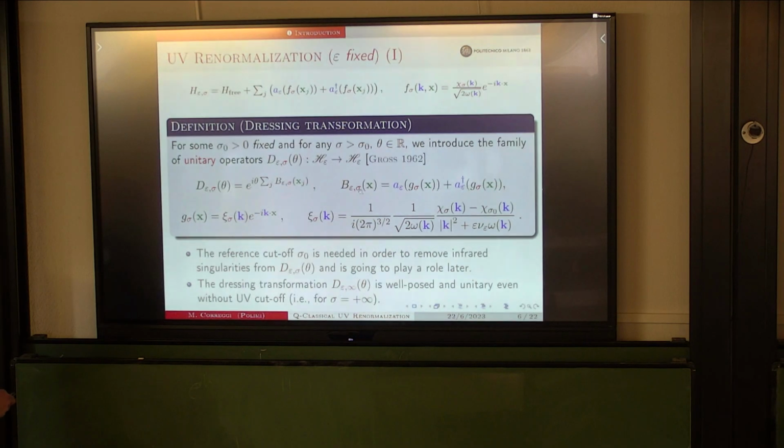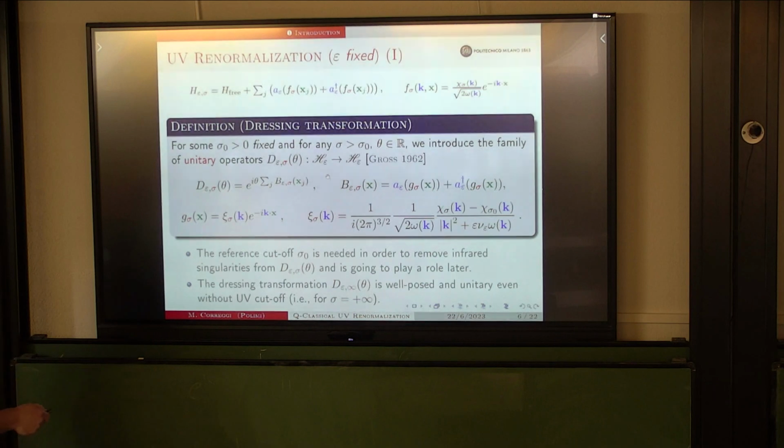So the generator is the field operator, but now the function g sigma, which appears there, is not the same as before. Before it used to be f, as you see. This g sigma has more or less the same form. You have the Fourier factor, and then you have some function of k alone. But that function is much better behaved for large k, because on top of the 1 over square root of omega, which was already also there in f, now you have 1 over k squared for large k, which gives you 1 over k to the 5 halves, which is now integrable. That's quite important, of course, to give a meaning to this